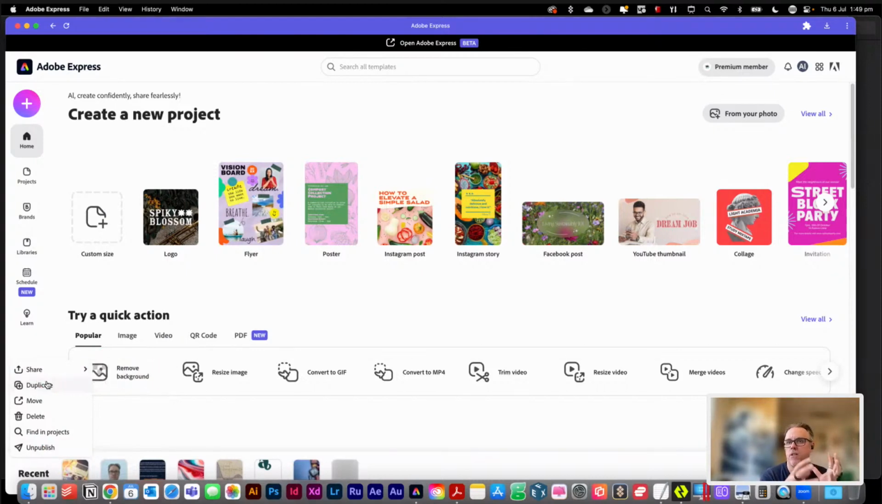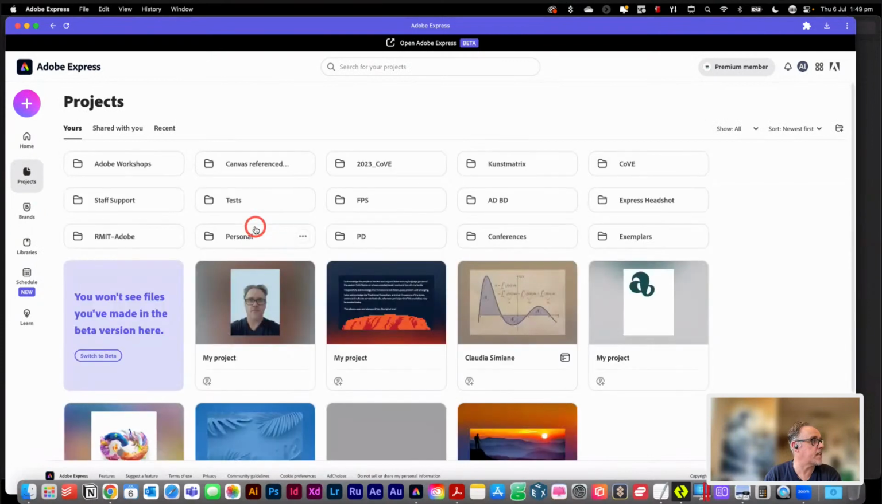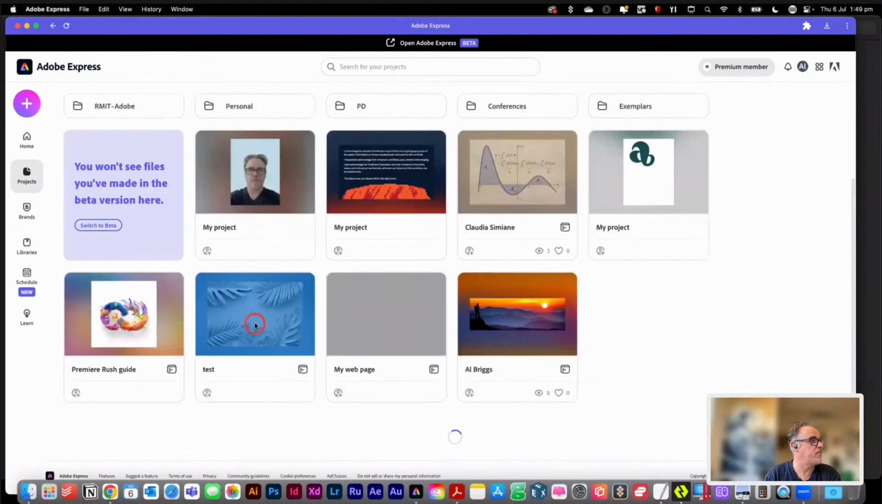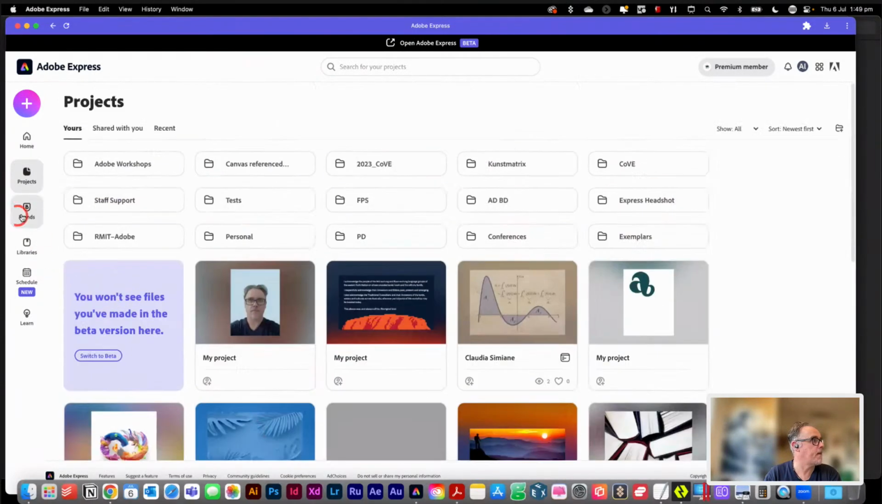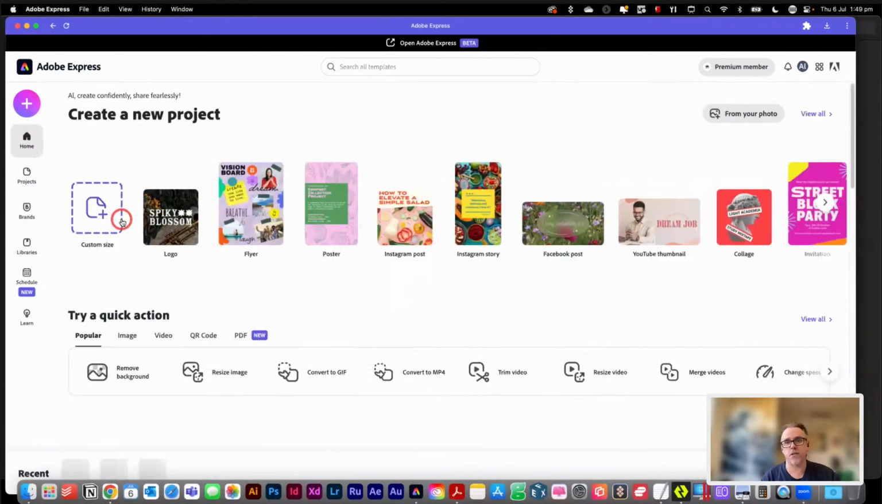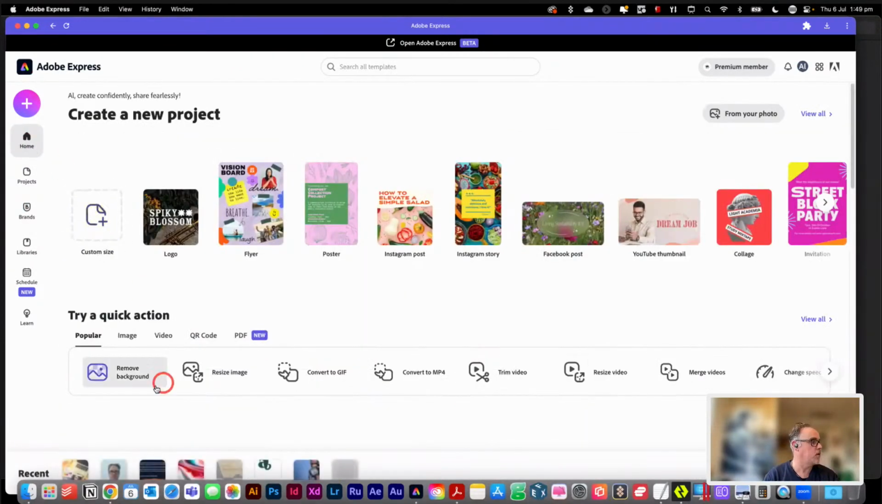If I want to use that as a sort of template for other versions, I can just click on duplicate. I can move it into another location, or I can click on Find in Projects and it'll show me exactly where it is inside of my projects window. So I've got lots of options in terms of taking a look at that. There's no questions coming through, so I'm hoping